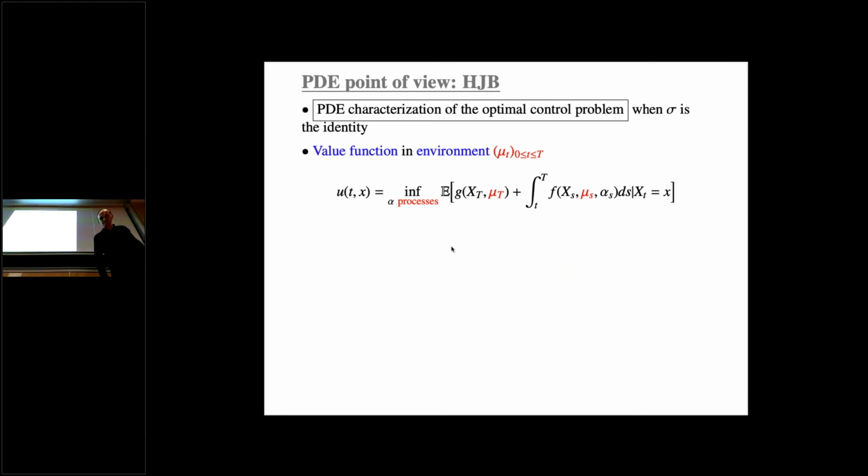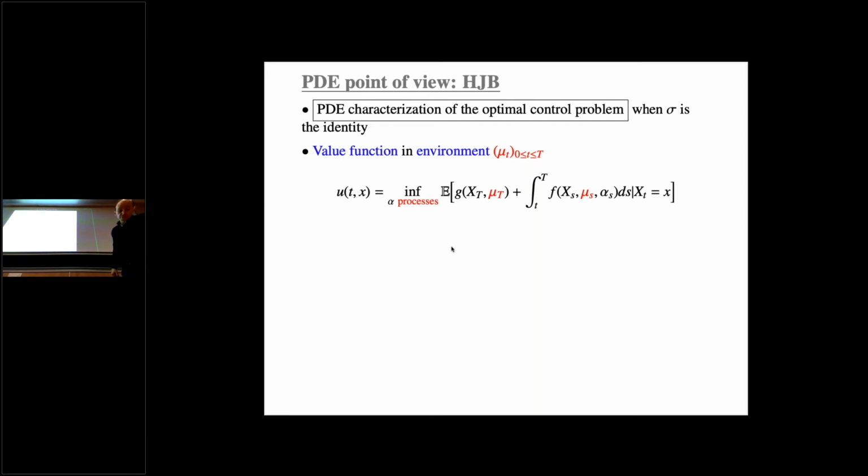So we have seen, just before the break, how to formulate asymptotically the game. And so this was the definition of a mean-field game in terms of a fixed point. And so now we reformulate this fixed point in terms of PDEs. And so you will see that we obtain a system of 2 PDEs. And this is the starting point of a big literature that you have in the field.